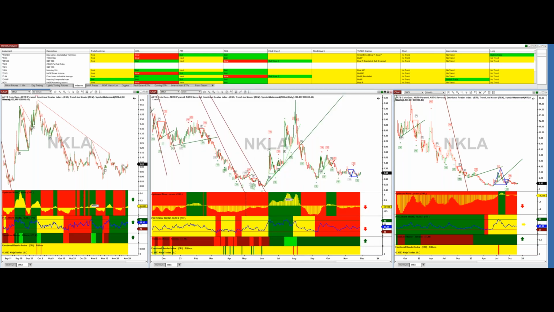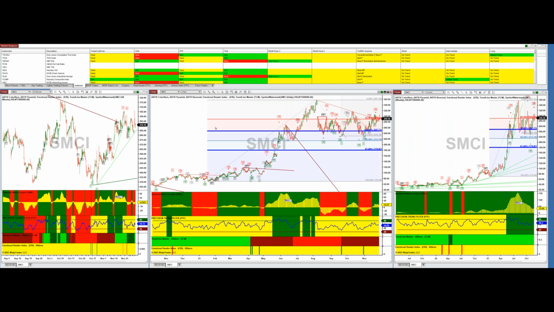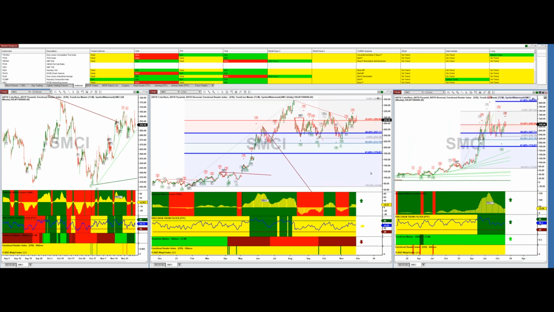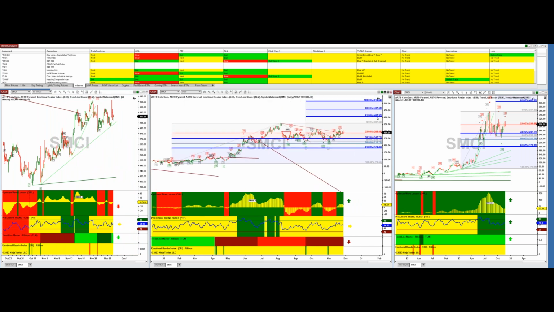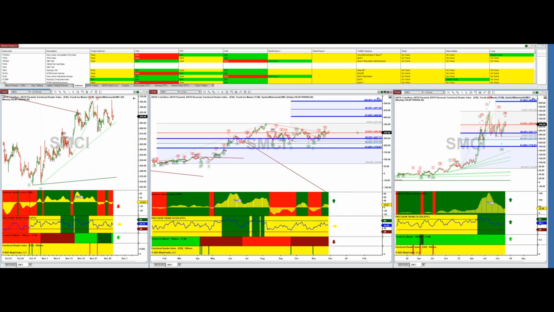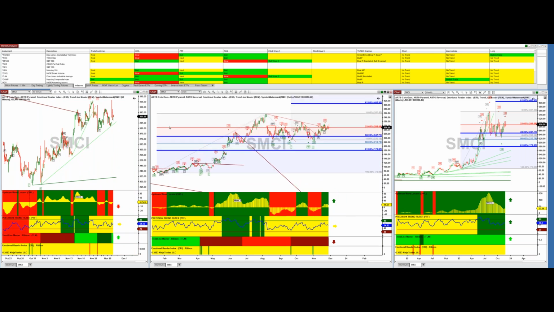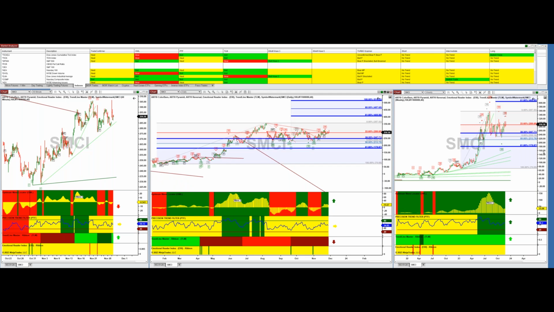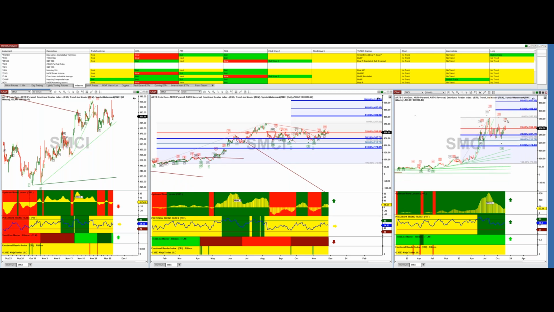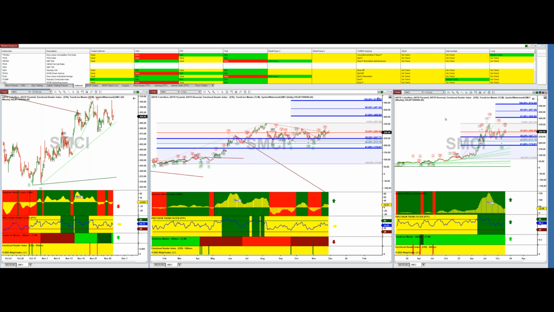SMCI. Definitely have that one on your watch list. And then this one here will wrap up. This one looks like, once again, a good buy here based on the daily chart. Our target on this is 405 to 514. You may get a little bit of a pullback here because you've had a nice little run up, but I wouldn't worry about it. Just keep your stop. Do not put your stops on the pyramid on this first leg up. Keep it under here, right there. That way, any volatility won't stop you out, and you should make it to that target zone. So the short and long-term target zones are really about the same on this.